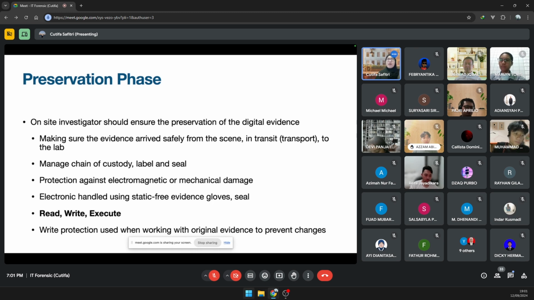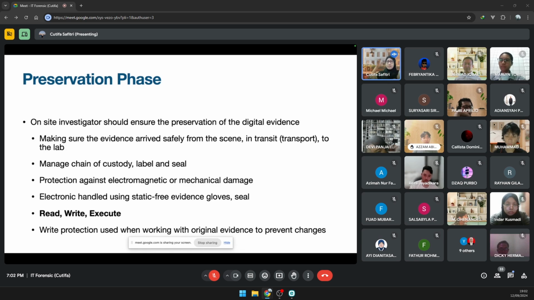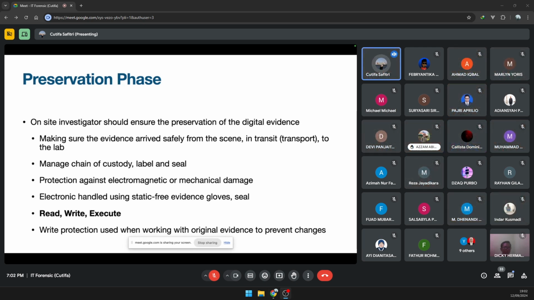Our data is stored in ones and zeros, and it is written using electromagnetism. So if you have a strong magnet, you can erase your data. I have a hard disk here and a strong magnet. If I put it very close, it will erase the data. It will all be zeroed, like an eraser.